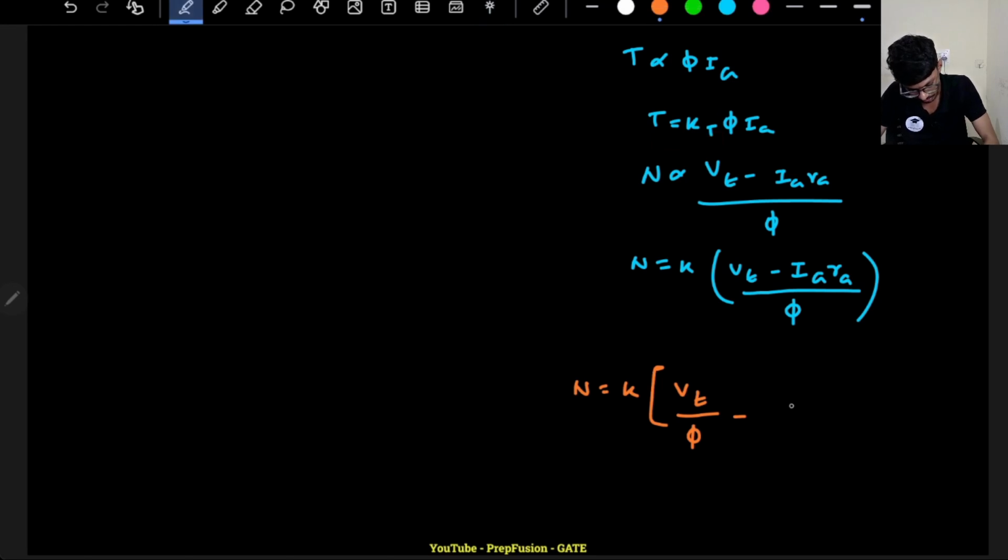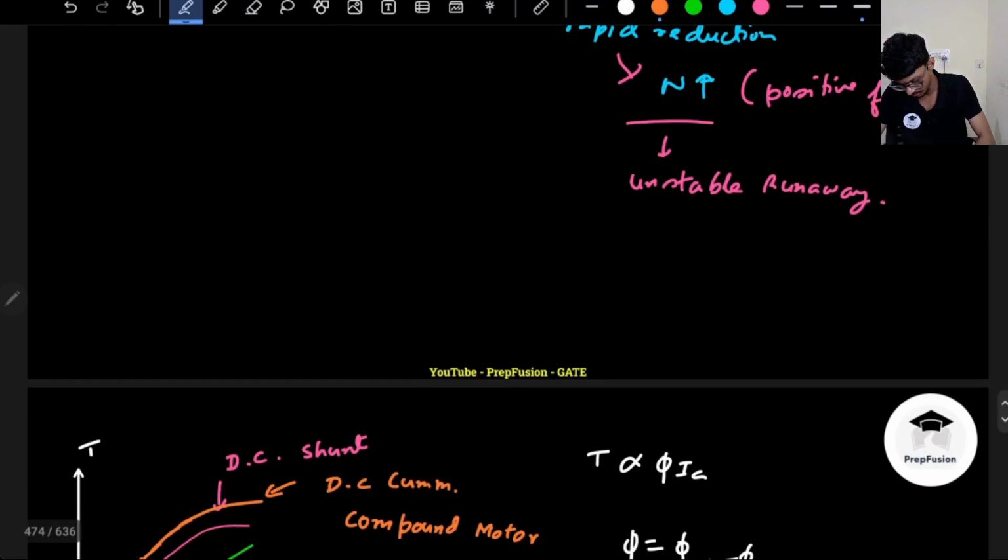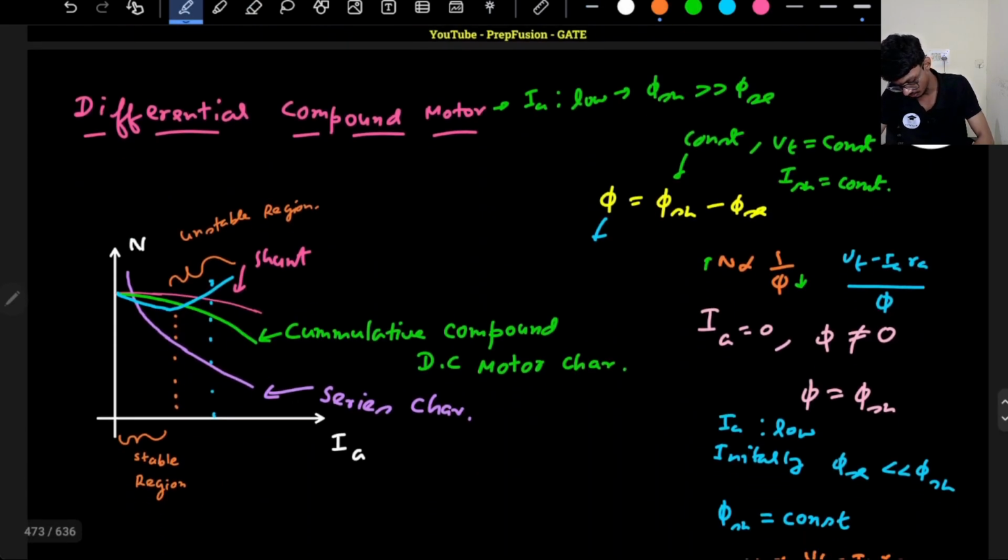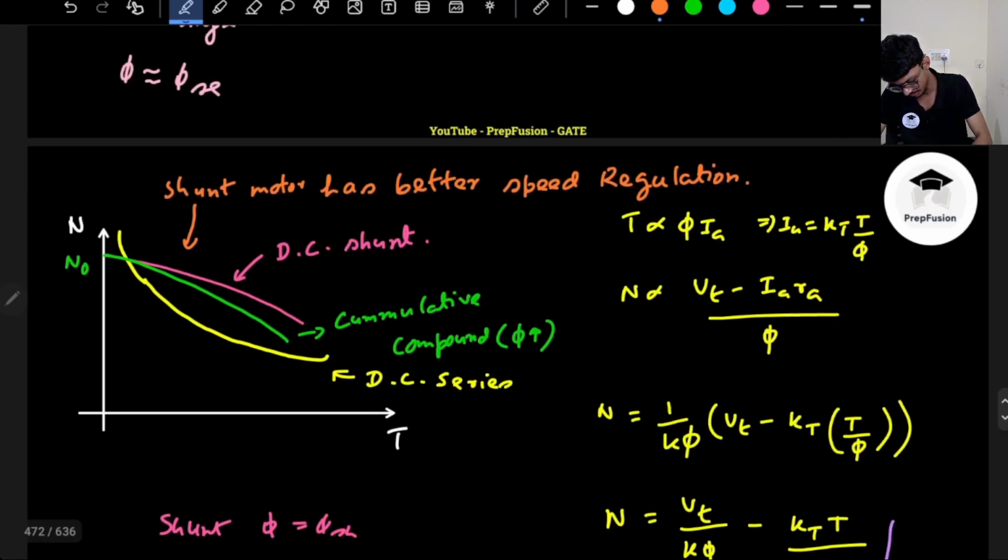So this will be T, IaRa will be there. Let me name it as K prime, since Ra is a constant, right? Whatever constants there are, I am just naming it as K prime, T upon phi, and already a phi is there, so that will be phi square. So if I copy the speed torque characteristics here,